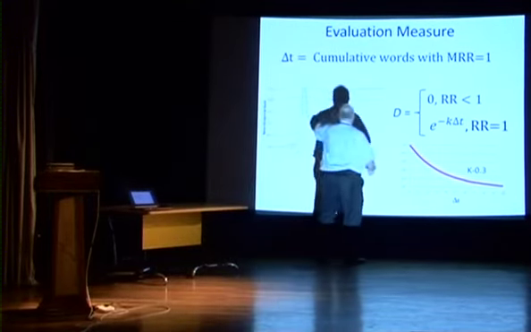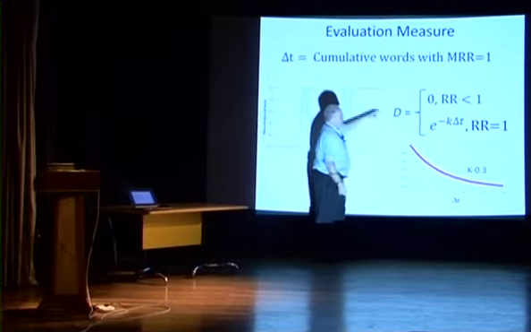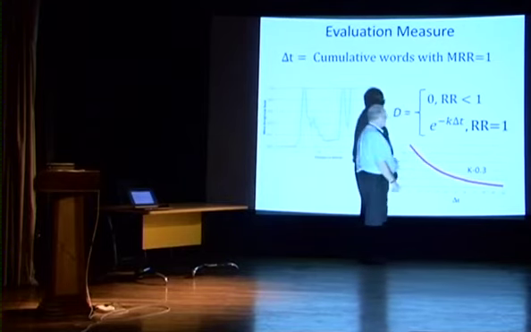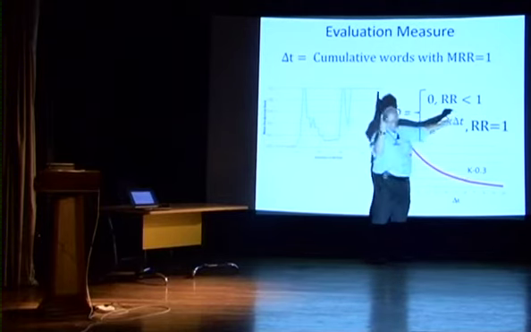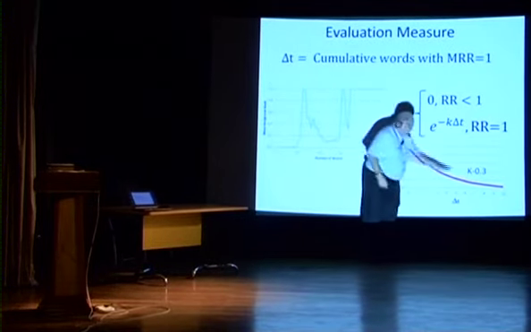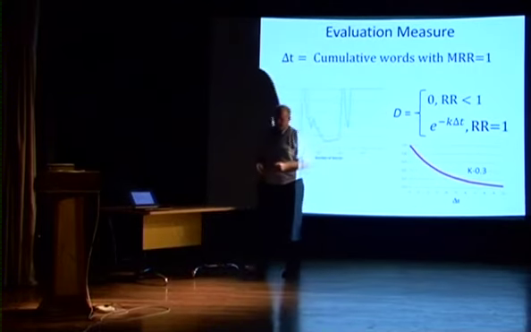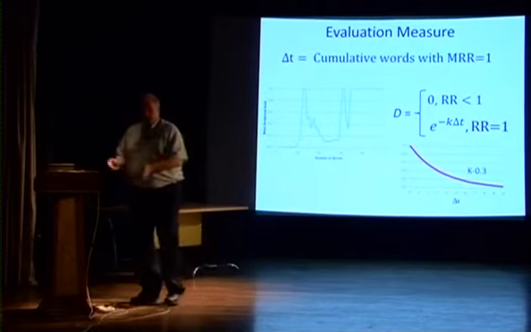equal to 1, that means, well, maybe you're here in the first position. So we'll give you some amount of credit. If delta t is 0, then we'll give you e to the minus 0 credit, so we'll give you credit 1, that's here. And depending on what you set k to, that'll just control the rate at which it falls off. And what that says is, being a little late is bad, but once you're late, being a little later isn't